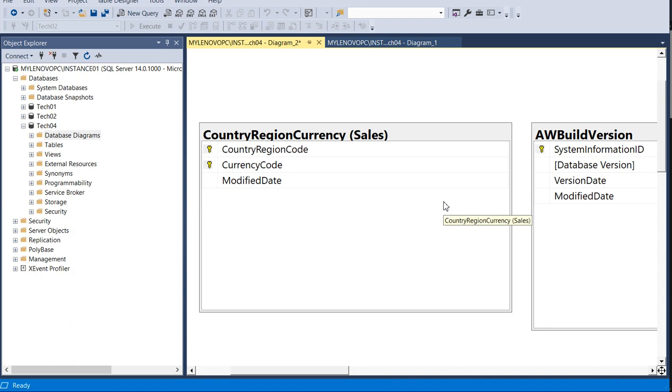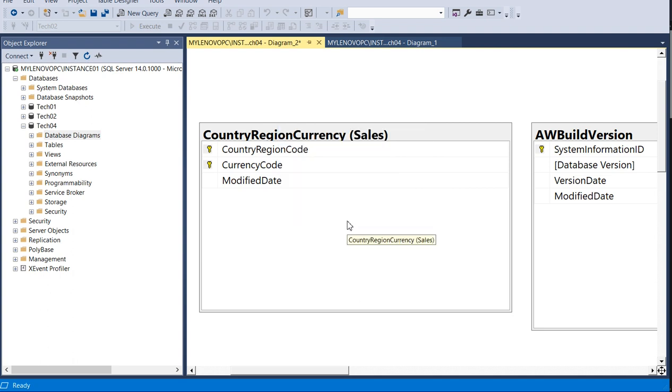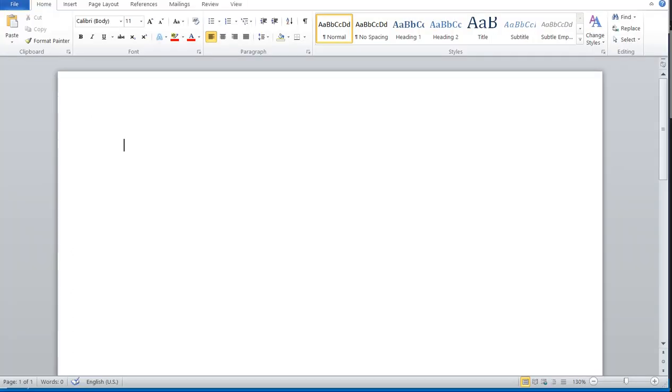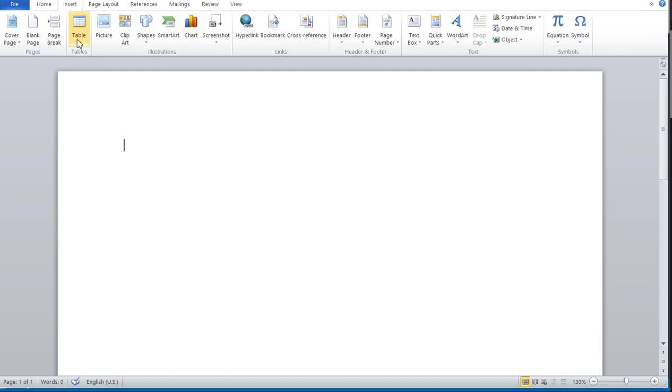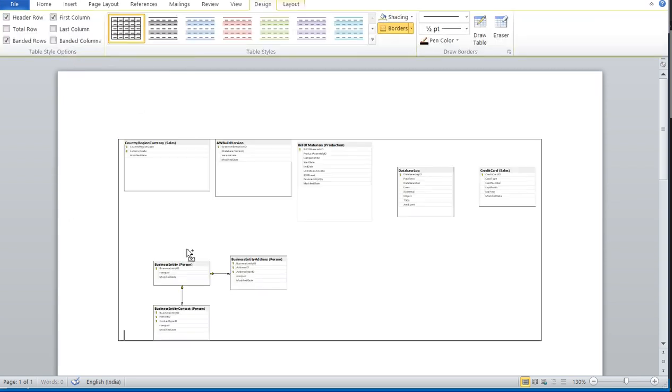Okay, now the point is how we can share this diagram with the requester. So right click and copy diagram to clipboard. Once you do that, you need to open your Microsoft Word, go to insert, the table, insert a single table, and inside that you just paste it.